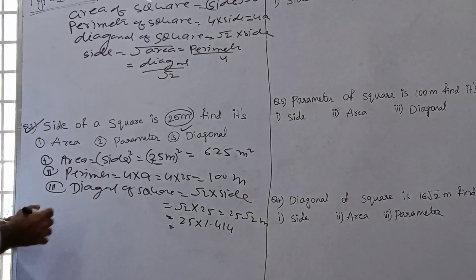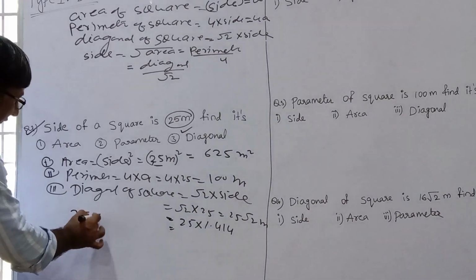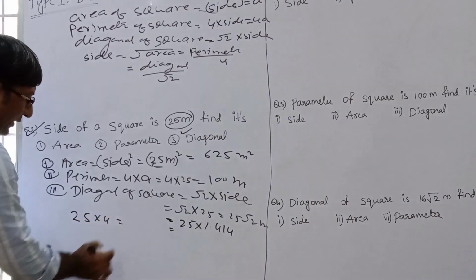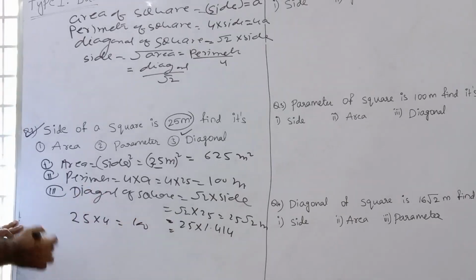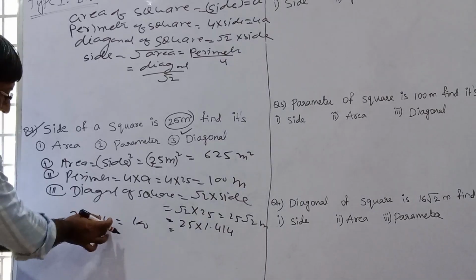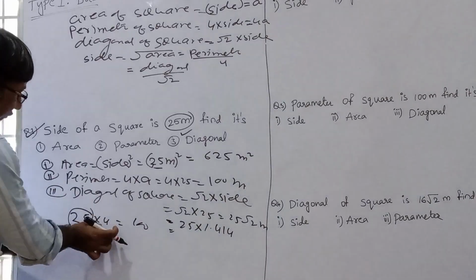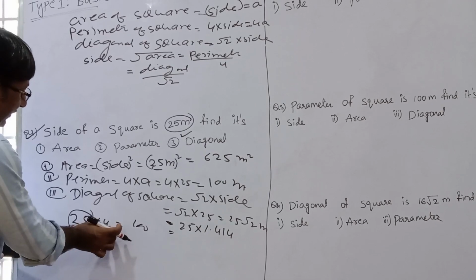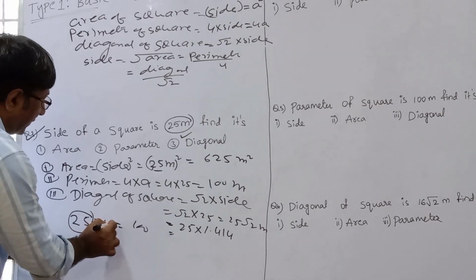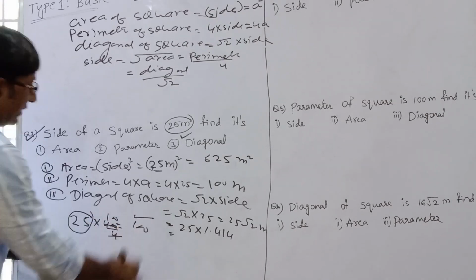So see here first. You know well 25 into 4 is 100. Okay, but now we are using the technique for multiplying 25 by 4. So forget this 25, only remember this 4. So just take 2 zeros in front of 4, this becomes 400. So 400 divided by 4 is 100. So your answer is 100.